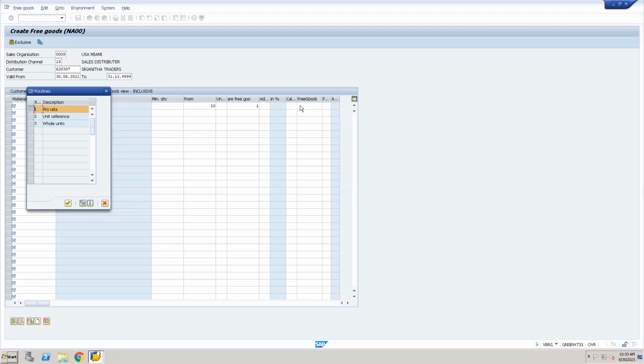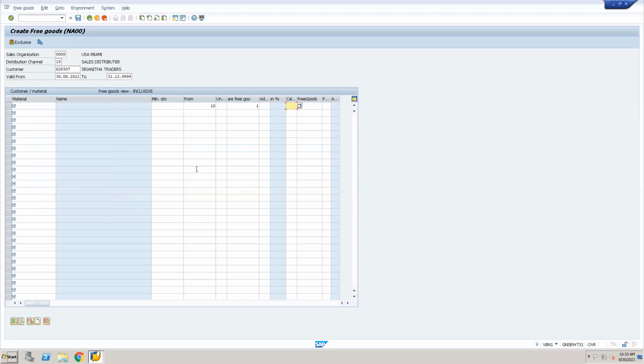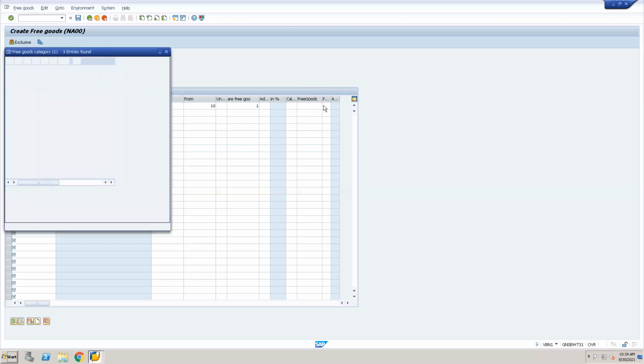Okay, then the next is free goods. It specifies whether the records are maintained for inclusive or exclusive of free goods. See here, if I go and select, it is inclusive or exclusive. I will tell you what inclusive means and what exclusive means.